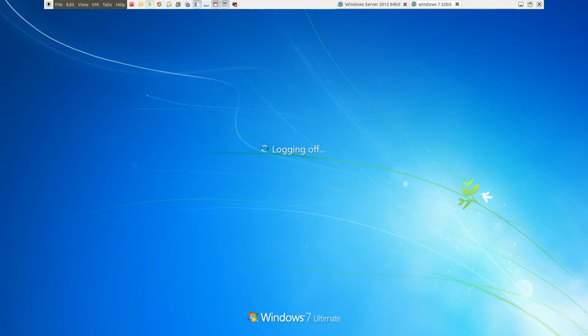So I will also show you how to log in to the user we have created in the server, user1, right? So guys, now press Ctrl Alt Insert.